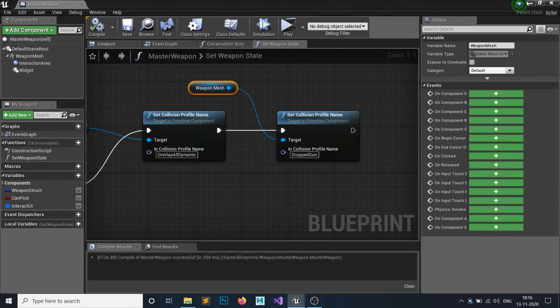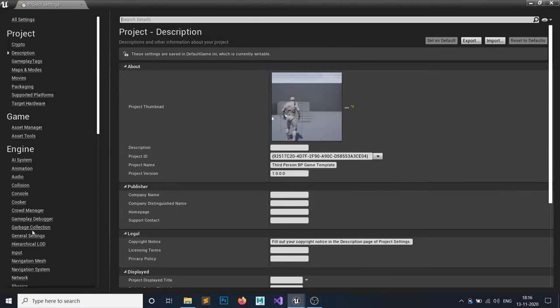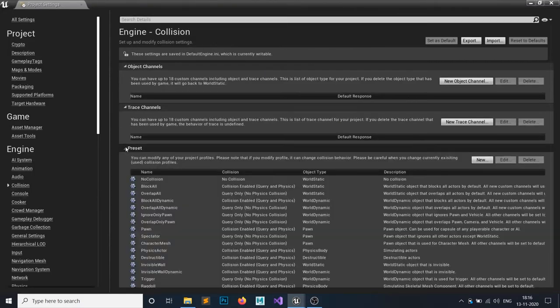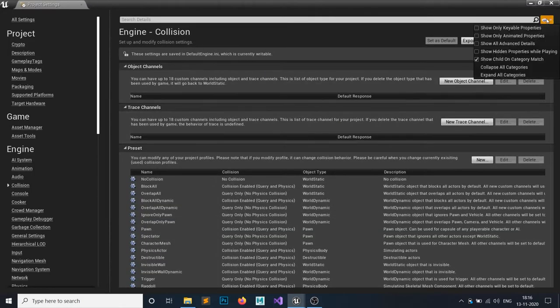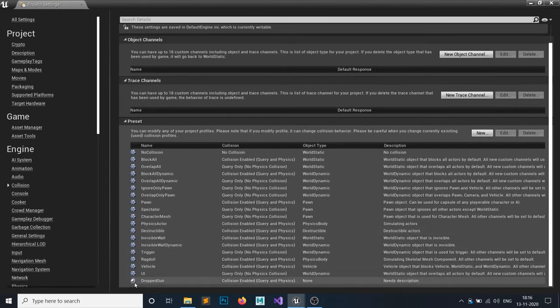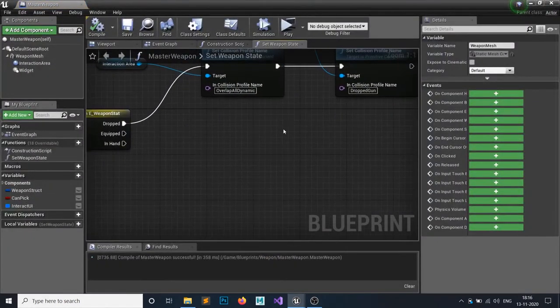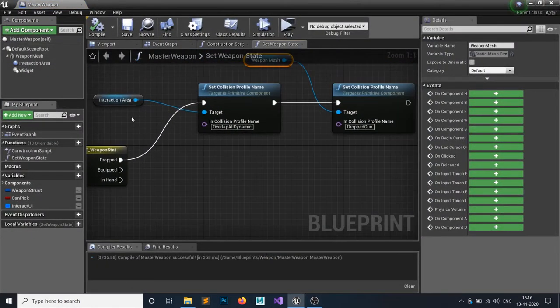Let me just double check my spelling. Collision presets. Okay, dropped gun. Okay, now what if it's equipped, then I want to overlap this.